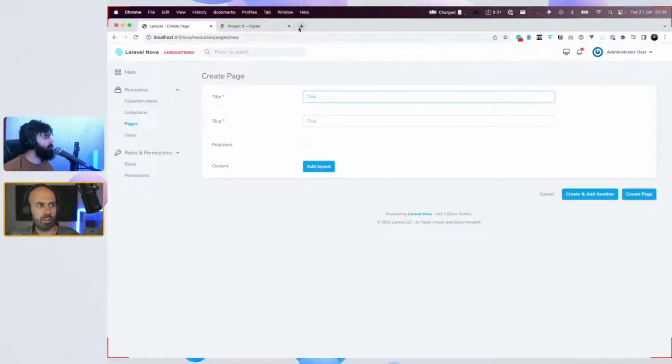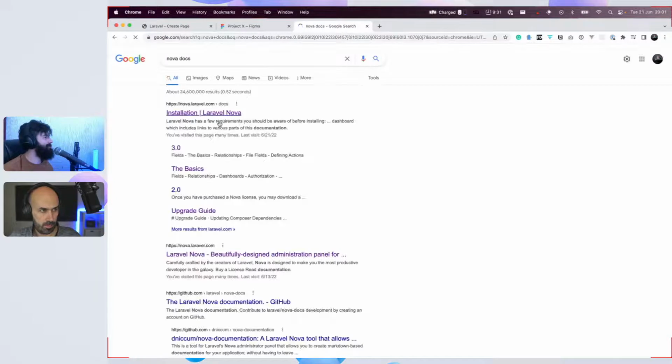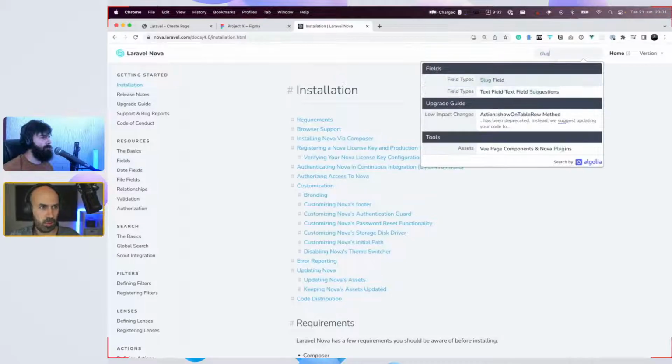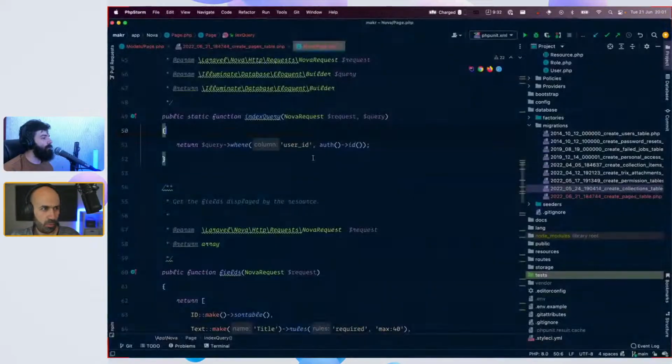Oh, and I found something. Show me. Nova docs. And it's related to the slug field because it's something that we do so many times, right? So they have a slug field. Exactly. They have a slug field that will produce the slug.